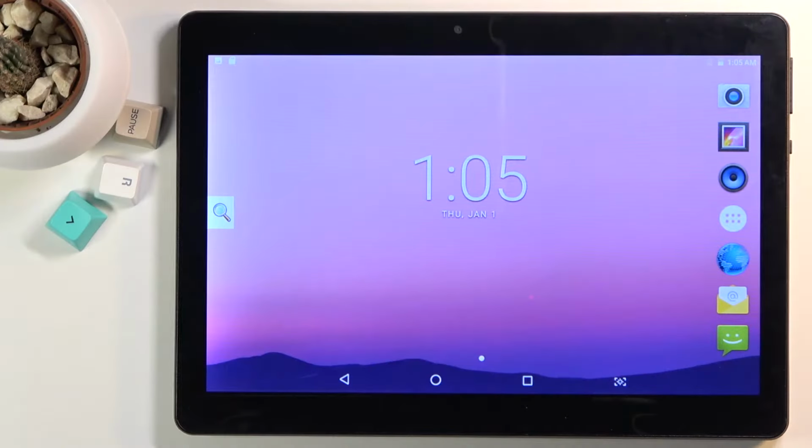Welcome. In front of me is a MediaTek KT107, and today I will show you how to capture a screenshot on this phone, or tablet in this case. So to get started, you will want to open up the content that you just want to capture. I'm going to be using the home screen as an example for this, and from there we have two different ways